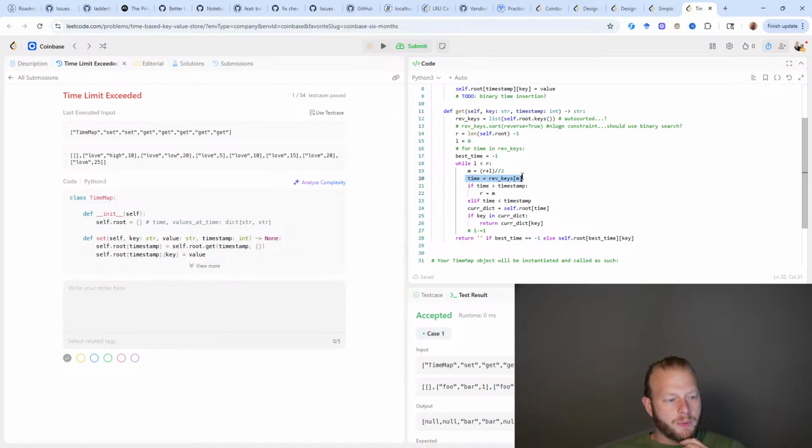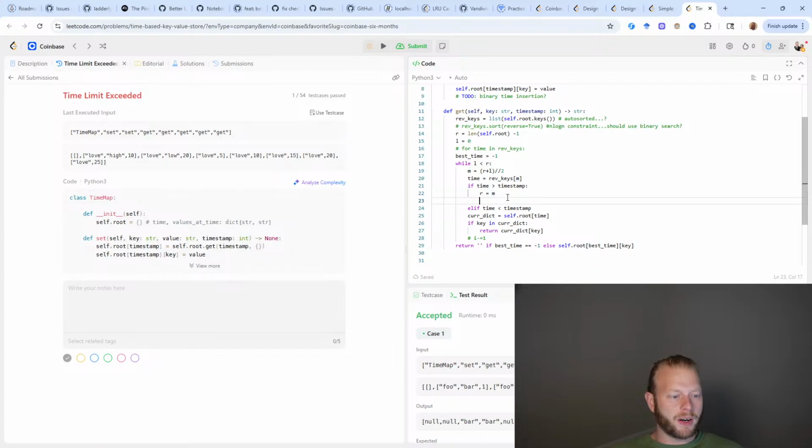So here's the current time that we're looking at, and if that's too large, then we're immediately going to point the right to the middle, and we will iterate so that the middle bisects the next group there. Else, all this stuff needs to get indented. Okay, else,